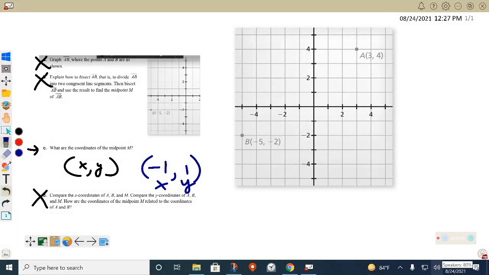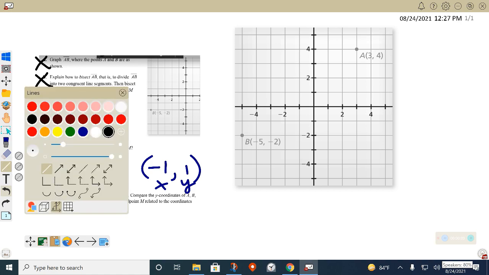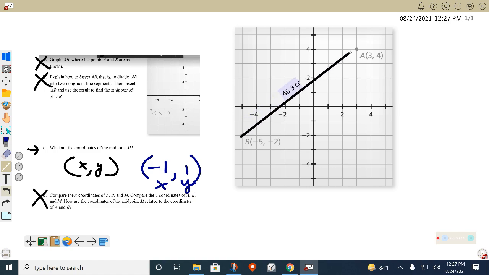So what I'm going to do is first draw a line. Let me just draw a line from B to A. And then what I was hoping you would do is actually measure that